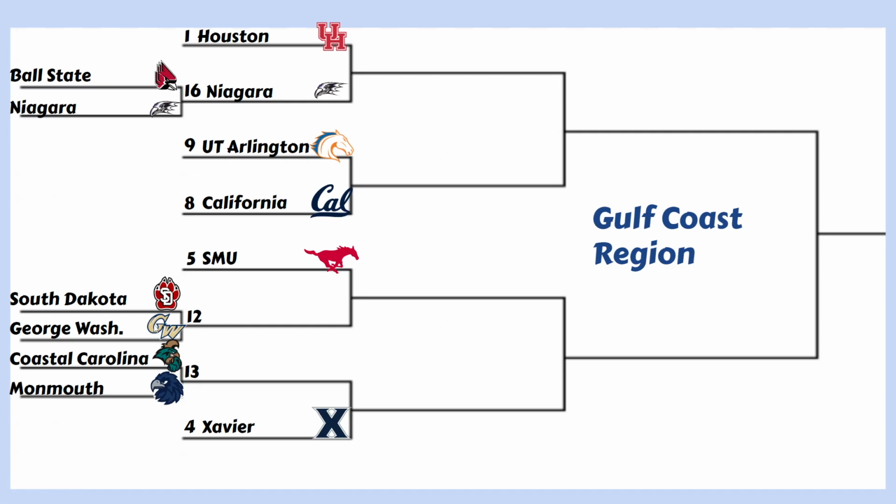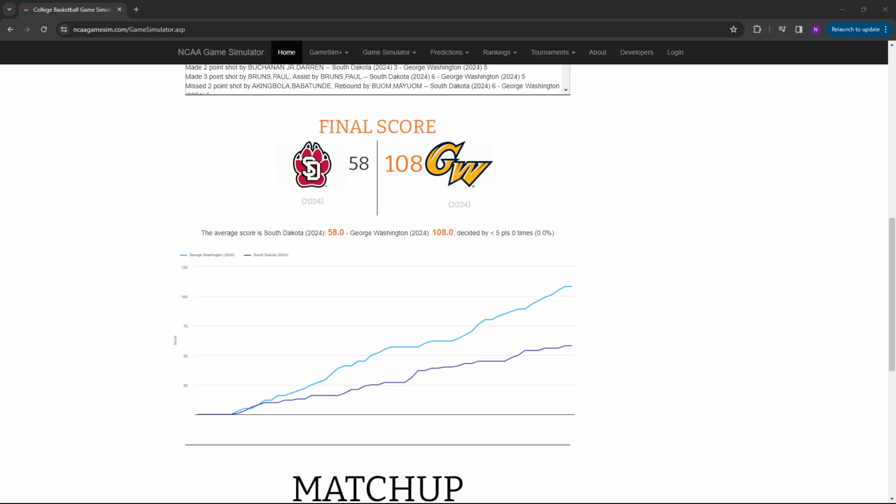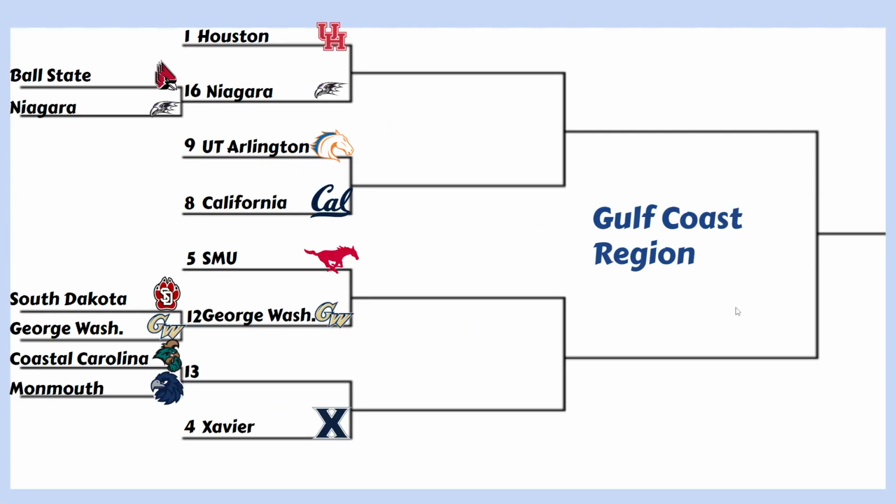Our next play-in game is going to be the South Dakota Coyotes versus the George Washington Revolutionaries. And in convincing fashion, the Revolutionaries walk away with a decisive victory over the Coyotes. Next in our playoff games, after George Washington's victory, and as they're going to look and play SMU, we're going